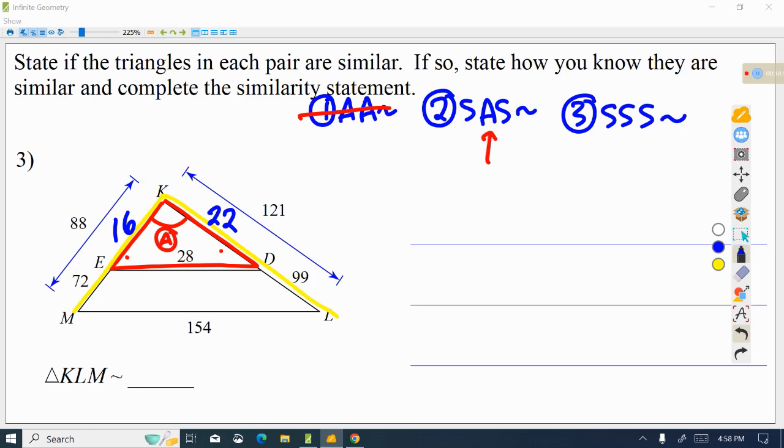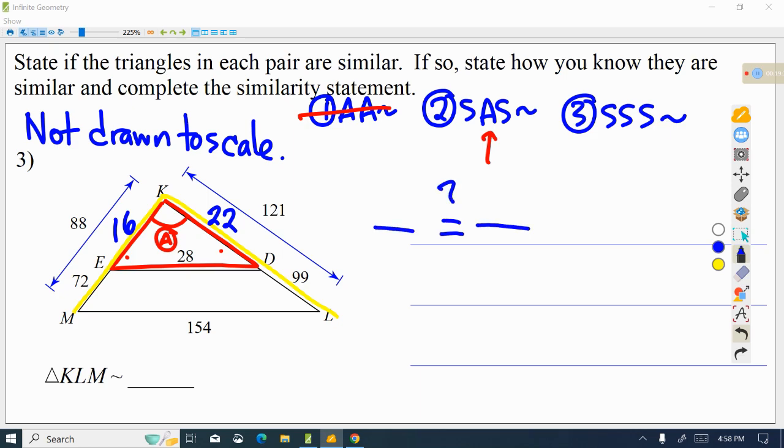These are not drawn to scale, and I need you guys to understand that that's important. Which means that you might have a line segment that looks shorter than it actually would be if these were drawn correctly. Use the numbers to represent things, but don't freak out when you see that 99 looks shorter than 22. Obviously it's impossible, but just deal with the picture as it is. So what we're going to do